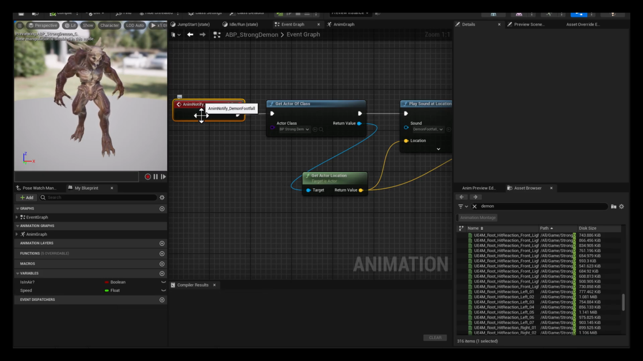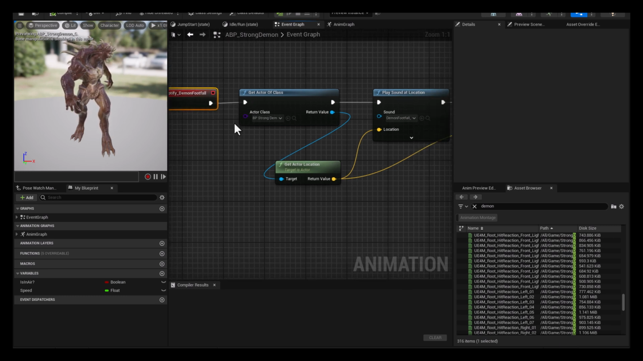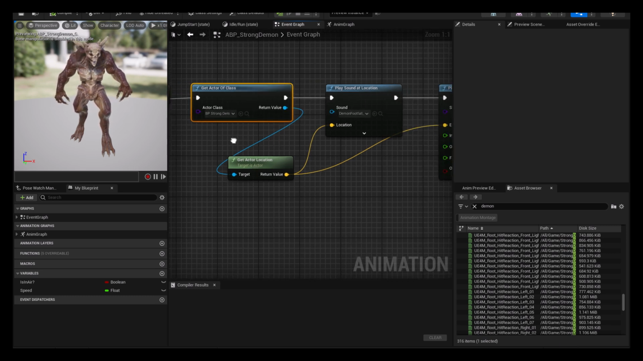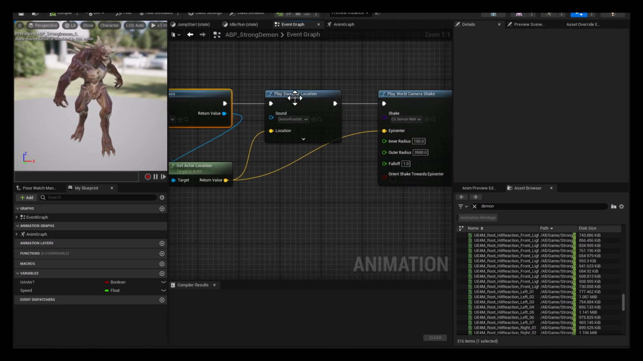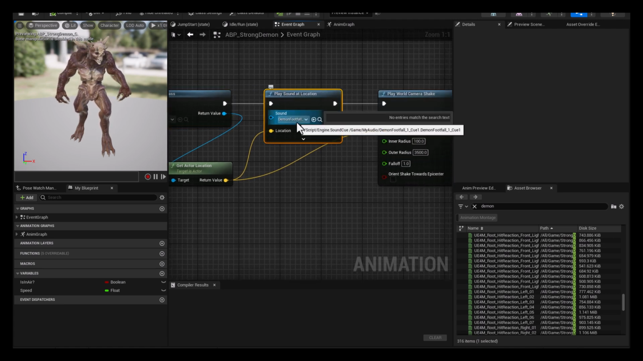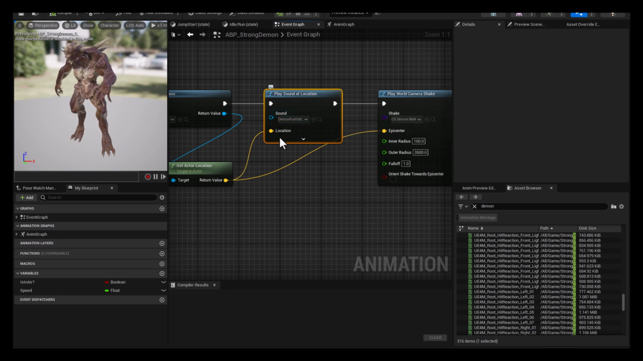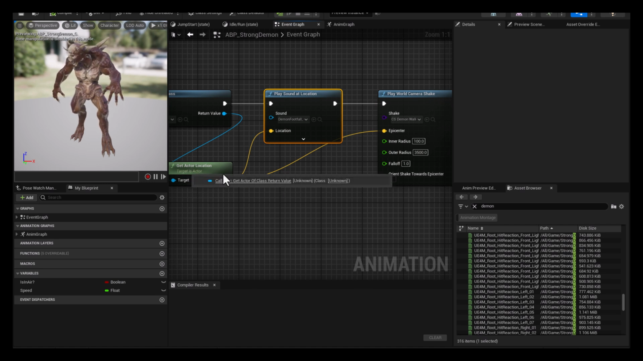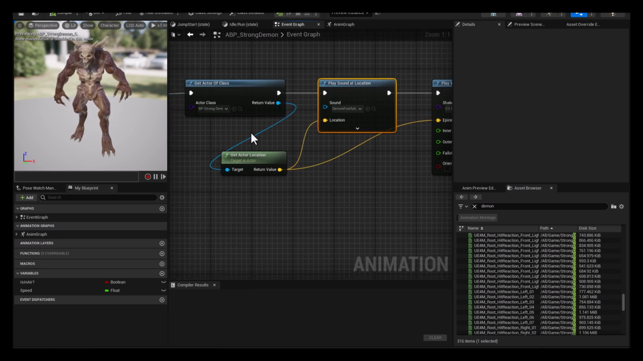Okay, so I'm using those notifies as the event, and every time the notify fires, it gets the actor. You could promote it to a variable, I suppose. That wouldn't hurt anything. But then I just did play sound at location, just like we normally do, and I selected the special cue that I made for the demon's walking sound. And at location means that it's going to be spatialized, right? So I had to use get actor location off of the return value of get actor of class,